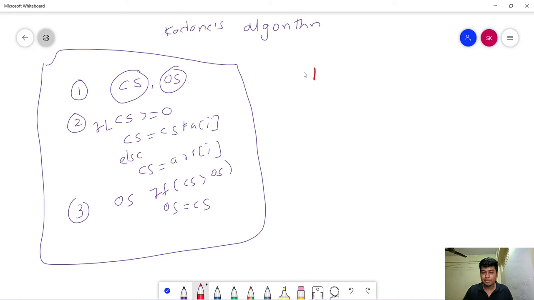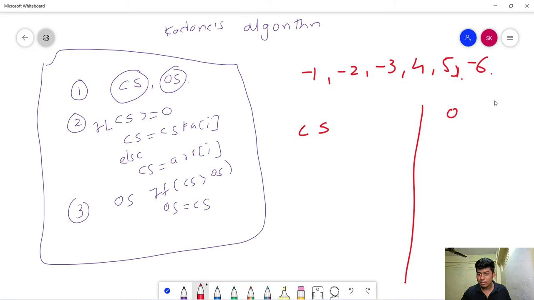So let's say this is the array: -2, -3, 4, -1, -2, 1, 5, -3. Let's start playing. We have two different fields, CS and OS. CS is nothing but the current sum, OS is the overall sum.